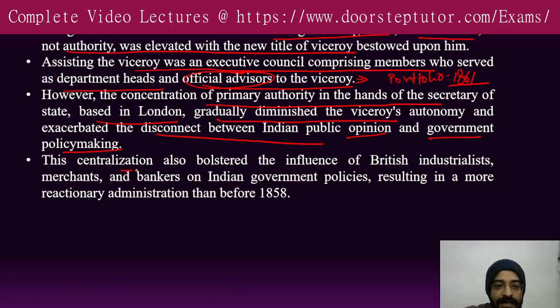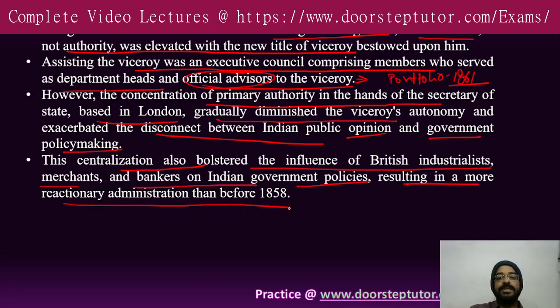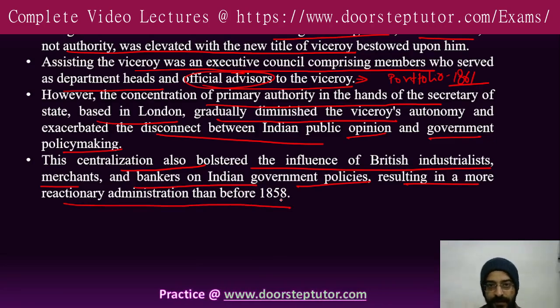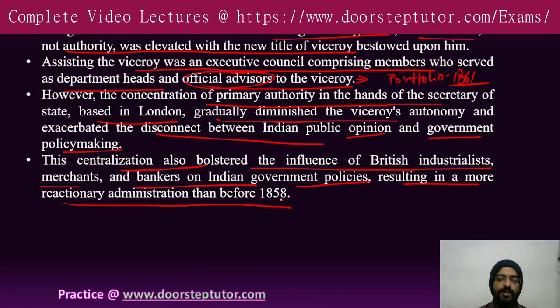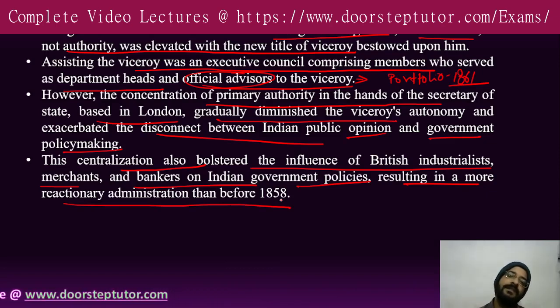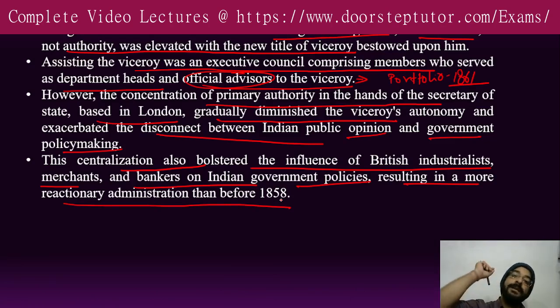This centralization also boosted the influence of British industrialists, merchants and bankers on Indian government policies, resulting in a more reactionary administration than before 1858. So the centralization of policies which started with 1858 meant that each and everything would be controlled by the Secretary of State, who will ultimately report to the British Parliament. So there was a centralized system. There was a hierarchy where Parliament,